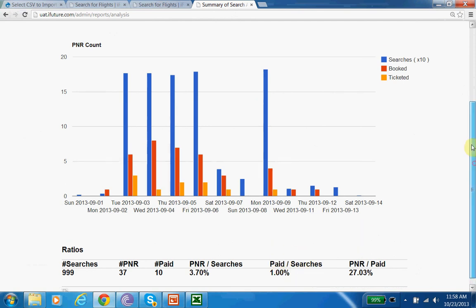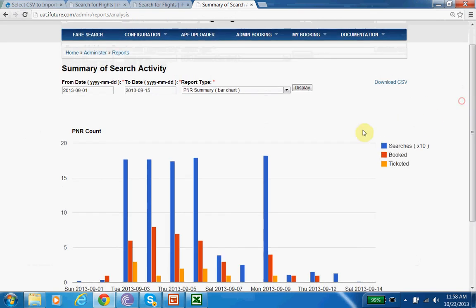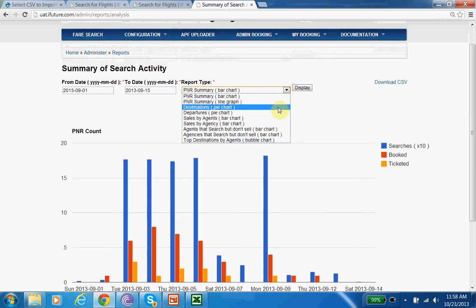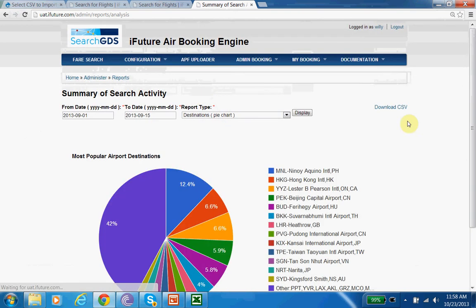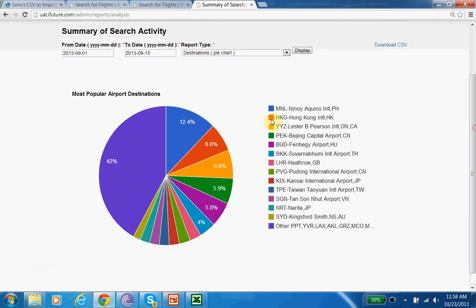Such ratios will give one an idea of the performance over different periods. Supposedly, I would like to see what are the most popular destinations during this period. I click on destinations. The system immediately tells me that Manila is the most popular during this period, followed by